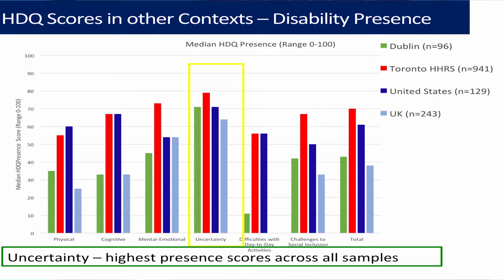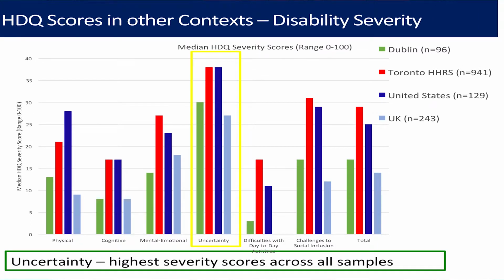And so just leading up to today's presentation, we've put those 4 different samples together to get a snapshot of what people across these 4 samples are experiencing with respect to presence and severity scores. And consistently, uncertainty has the highest presence and severity scores across all 4 samples. And you can see here that the Canadian and the US samples tend to have consistently higher HDQ presence and